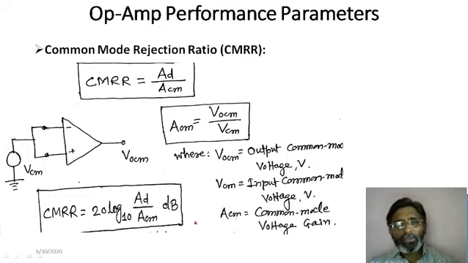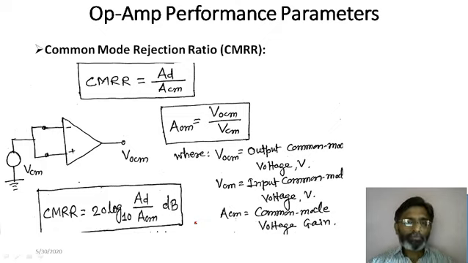At the other location, if you want to remove this noise, then the op amp acts as a very important device. Basically this noise signal is a common mode signal. By using an op amp, we can reject this common mode signal and just amplify the difference mode signal, so that we can remove the noise, which is unwanted signal. So the common mode rejection ratio indicates the ability of the op amp to reject the common mode signal, and if this ability is better, the noise rejection capability of the op amp is better.